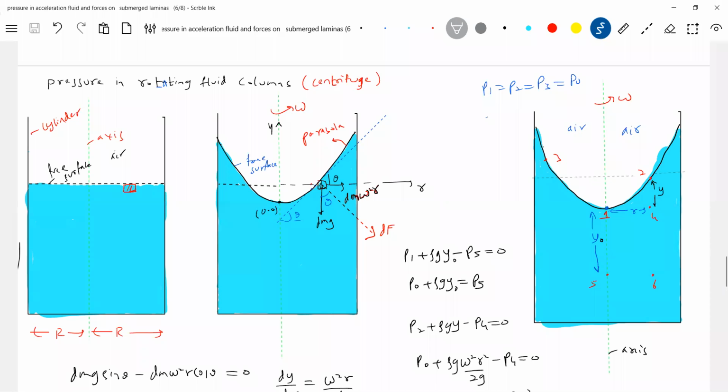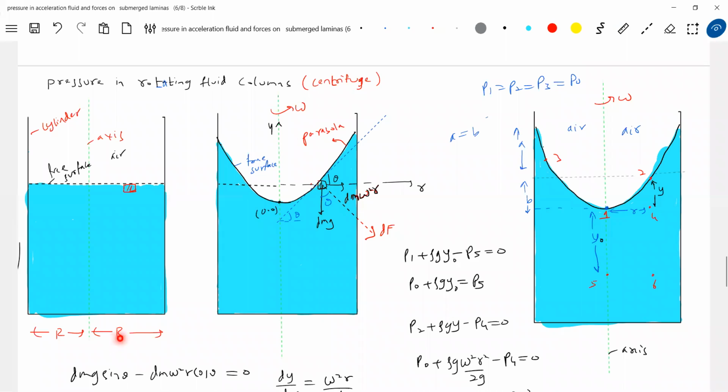How much it has raised at the edge, that much it will fall here. I think definitely we have to go to the mathematics of the parabola to show that. So I'll just put it: the rise of liquid at the edges should be equal to the fall of liquid at the axis, provided the axis is symmetric. And definitely I think it's symmetric.